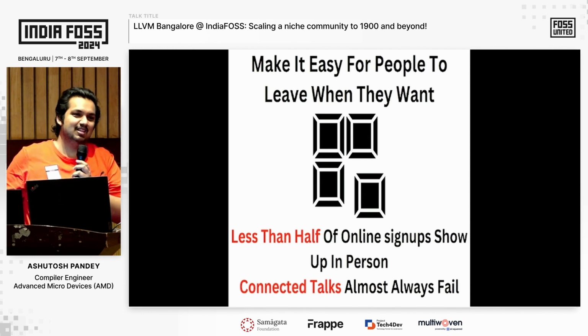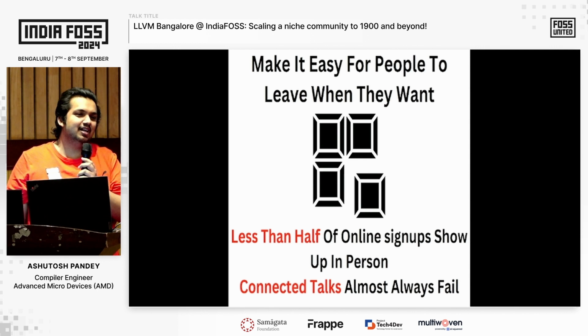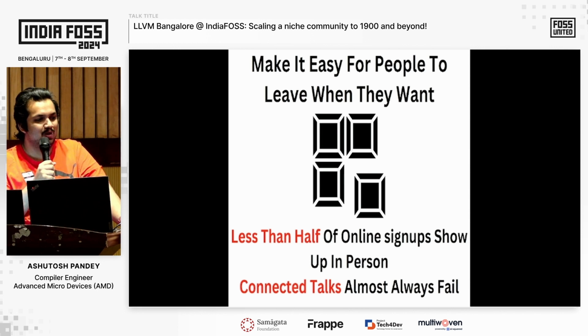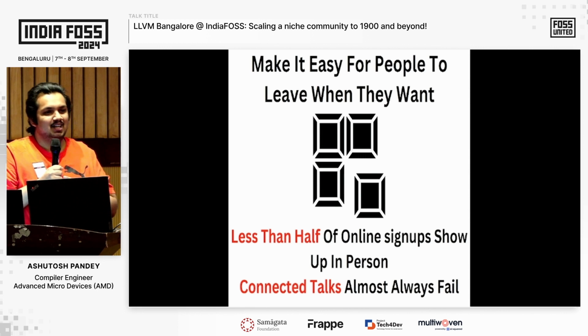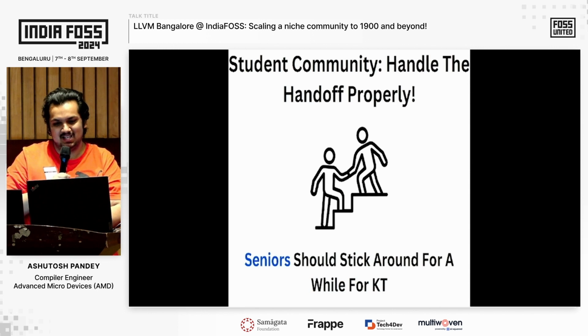Make it easy for people to leave when they want to. This is sort of contradictory, but a lot of meetups work on things like, let's work on learning this technology together, which is good, but the problem is sometimes people show up for one meetup, then they don't show up for the next meetup, and when they come to the third meetup, they don't know what's happening. So even when we did the compiler lecture series, we made sure to keep the talks discrete, like disconnected from each other. It's kind of like Marvel movies where you can understand the movies without even watching all of them. So make it easy for people to drop in and out.